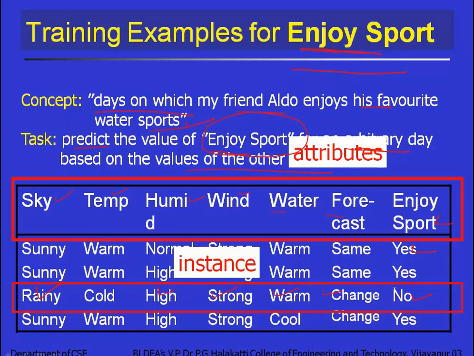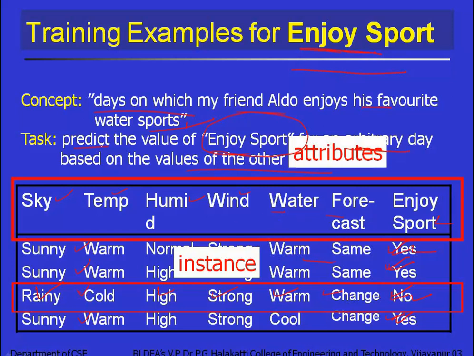Similarly, there are other 3 more instances here. That is the first instance, this one, second this, third instance, fourth instance. So here there is a yes label, yes label, no label, and yes label. Yes means if this is the weather condition, he is able to play the water sport. He is also able to play water sports, and here also he plays the water sport. But in this situation, nobody is able to play the water sports. So this is what the training data set is, or you can call it a knowledge database. It is created by the experts.